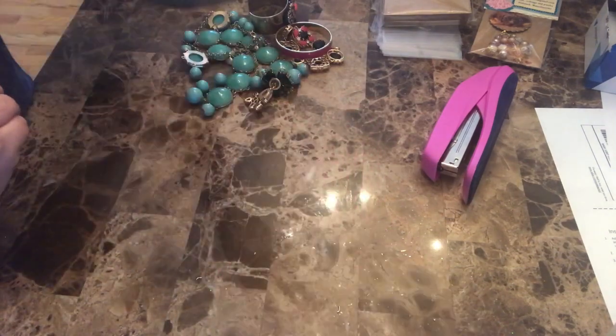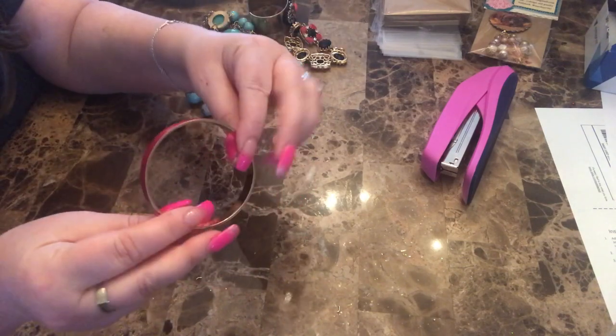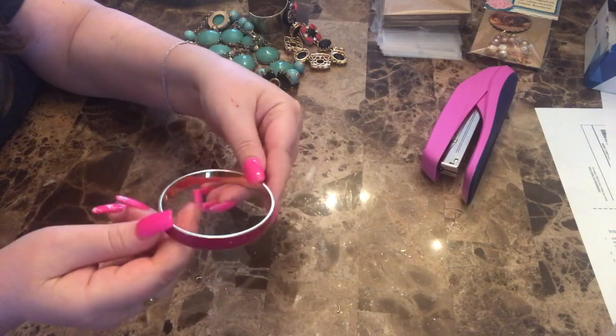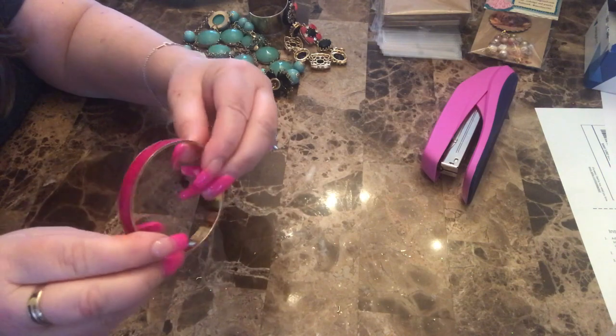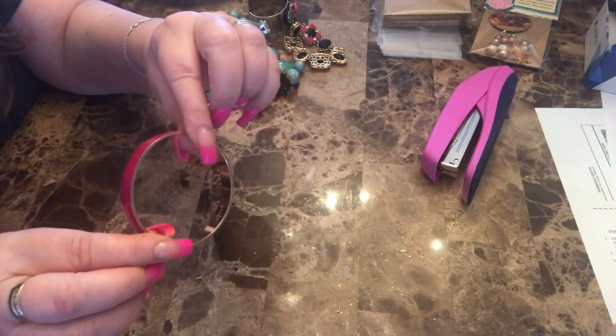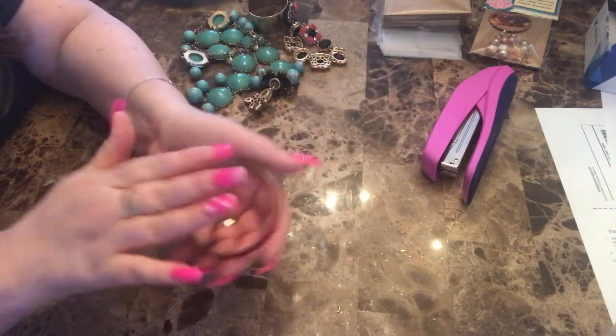So I got those. I also received a beautiful enamel, maroon colored piece, in perfect condition. I mean, it looks as though it was never worn. It looks brand new. In fact, I think it is. There is not a fingerprint. This was not worn. But anyhow, I love J.Crew. They have such quality